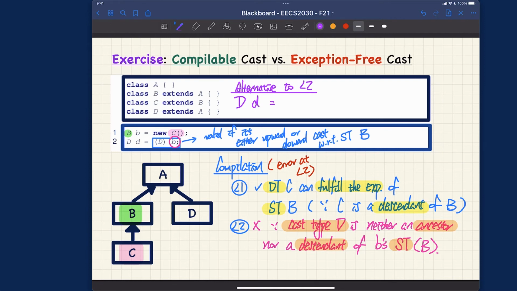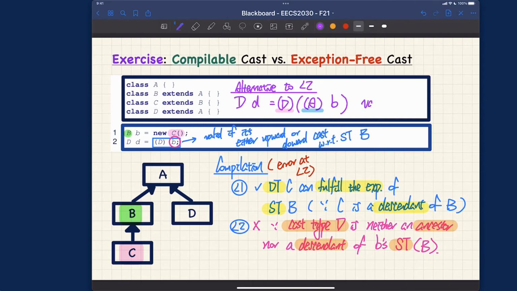First of all, I want to cast B to A. And then I want to cast this expression over here into D. Let me just show you some syntax over here before we go further. The first cast to do is to A over here. And the second cast to do is to D over here. Right? So the question is